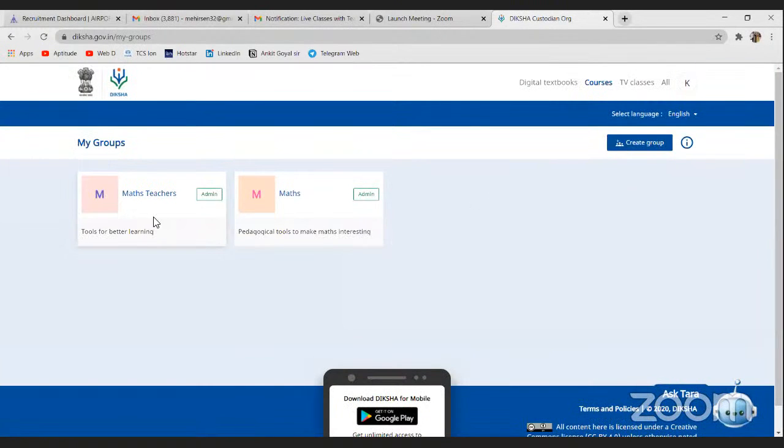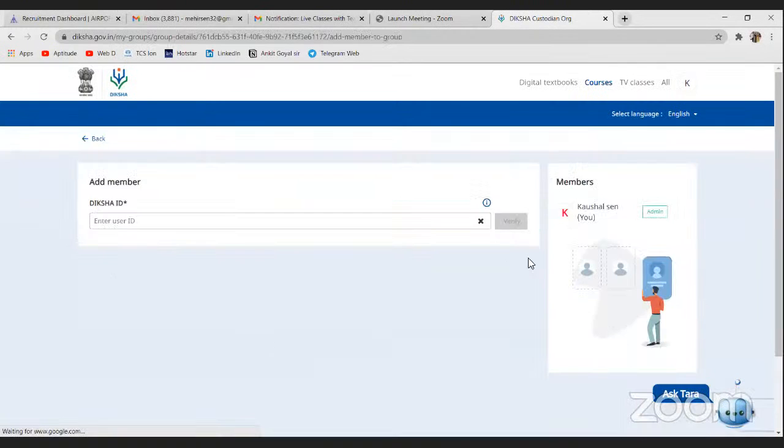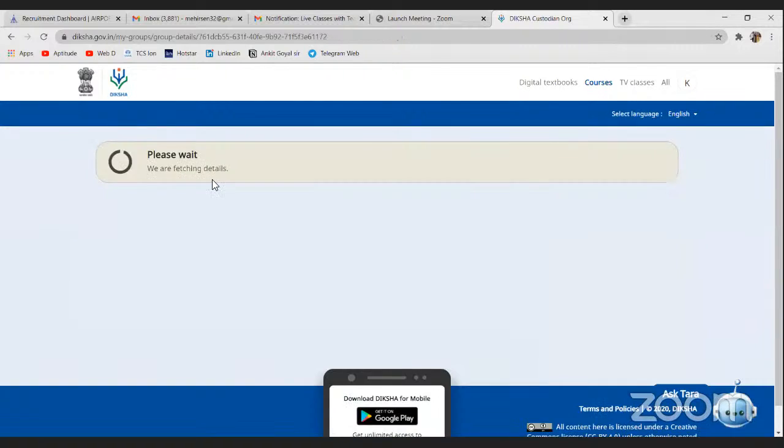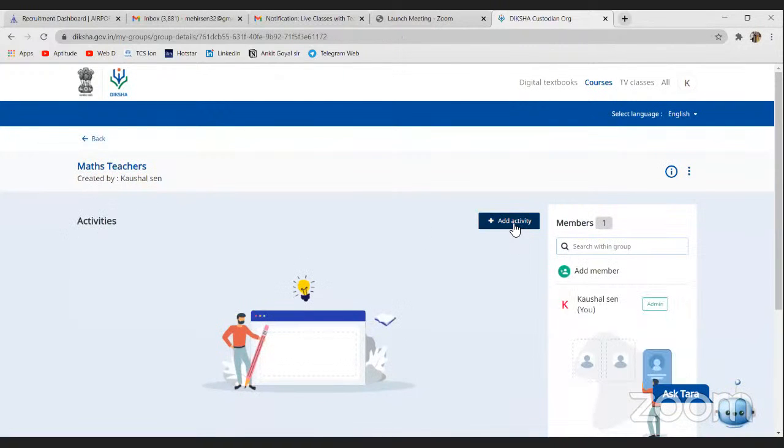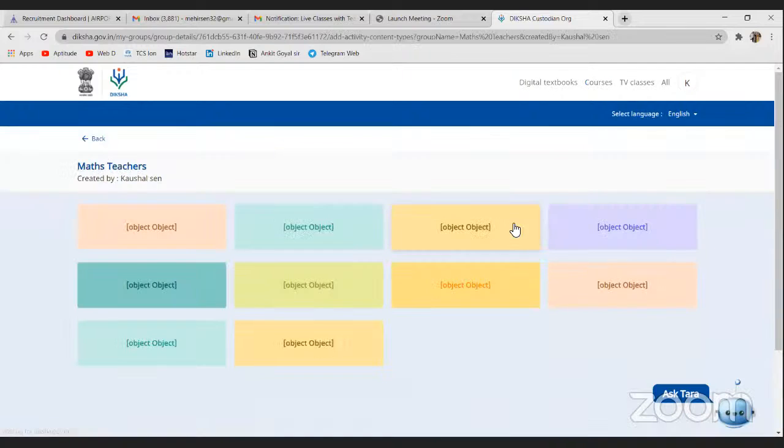तो मैं वापस माई ग्रुप्स में जा रहा हूँ, एंड यहाँ पे ऐड मेंबर्स में मेरे जितने भी फ्रेंड्स हैं या कलीग्स हैं या जो मेरे सबॉर्डिनेट्स हैं उन सब की आईडी डालूंगा, वेरीफाई हो जाएगा। If the IDs are verified, and then they can be admitted into the group. अब ग्रुप में आने के बाद किसी टीचर्स को कोई एक्टिविटी देनी है, तो देन दे विल क्लिक ऑन दिस ऐड एक्टिविटी बटन, एंड यहाँ पे ये आपके सामने दिख रहा होगा: एक्सप्लेनेशन कंटेंट, लर्निंग रिसोर्स, कोर्स, प्रैक्टिस सेट। तो अगर हेड ऑफ द स्कूल है तो वो कोर्सेज दे सकते हैं, अगर कोऑर्डिनेटर्स हैं, सब्जेक्ट कोऑर्डिनेटर्स हैं, तो वो टीचर